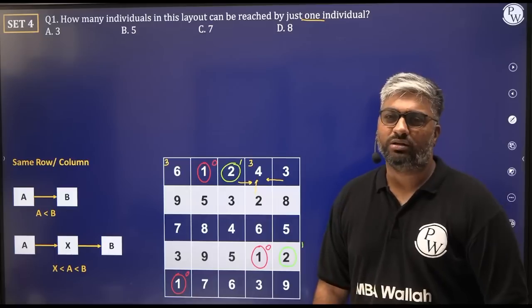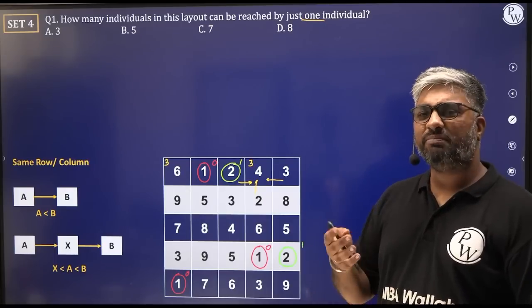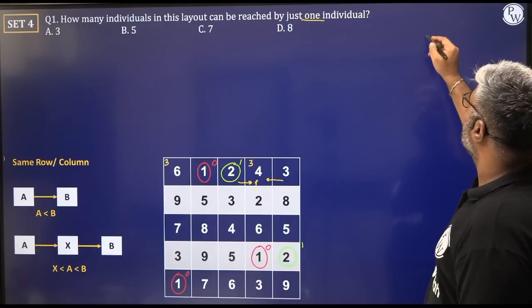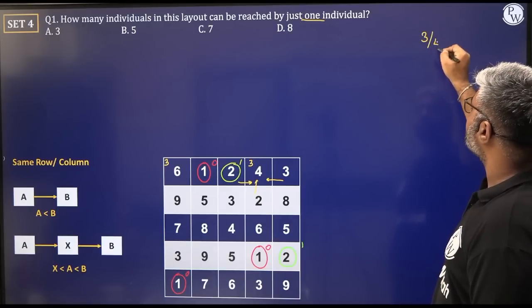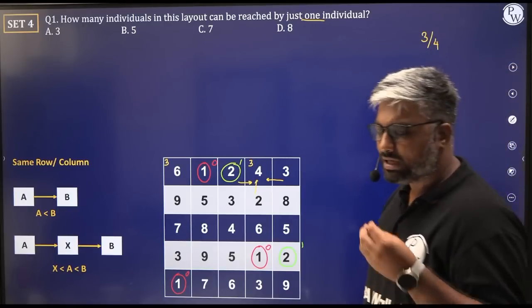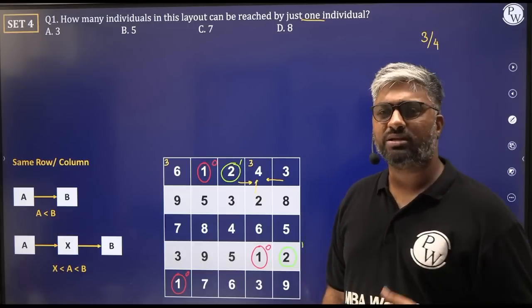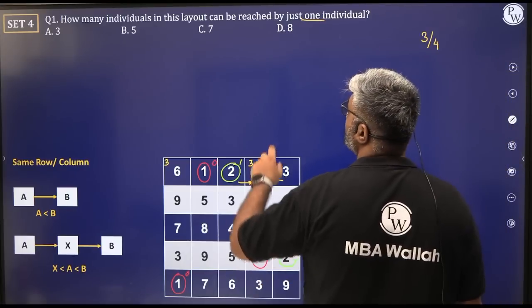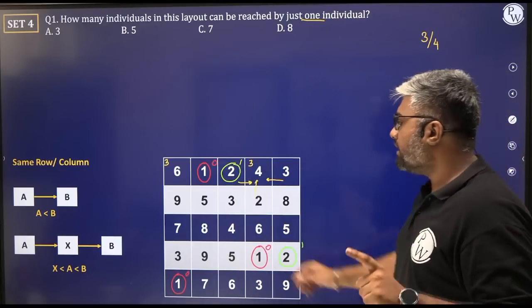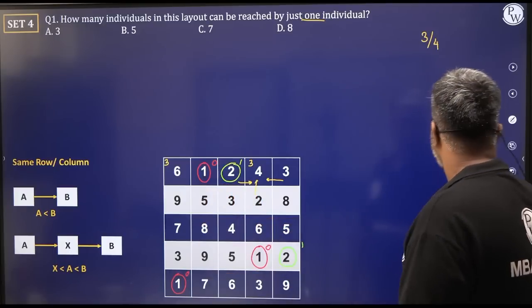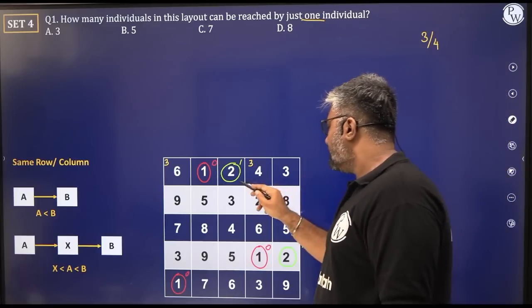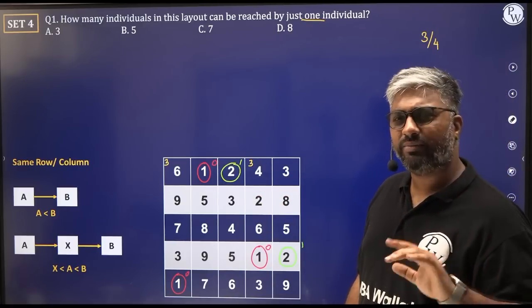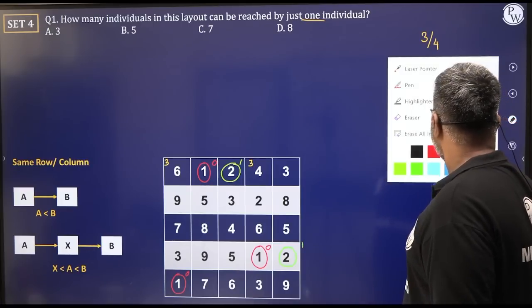At this stage you would realize and figure out that if there is more than one possibility anywhere, right? Because our aim for this set should be that we solve 3 out of 4. The fourth one seems complex because they are asking about specific terms. How many numbers? I think with the fourth question we can deal with it later. Let's deal with the ones that we know for sure. So we need only one individual and we can figure out 0 individuals also, right? So we'll stop at this stage. At this stage we'll stop with anything that crosses more than 1. If more than 1 is anywhere, let's stop that. Okay? Let's look at this 3 now, shall we?